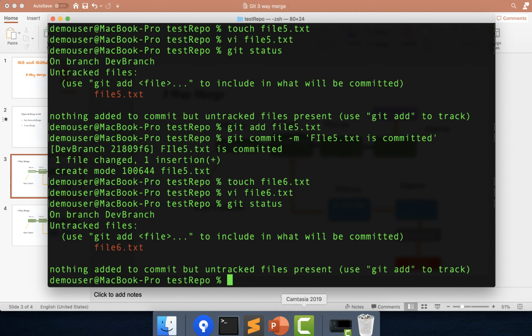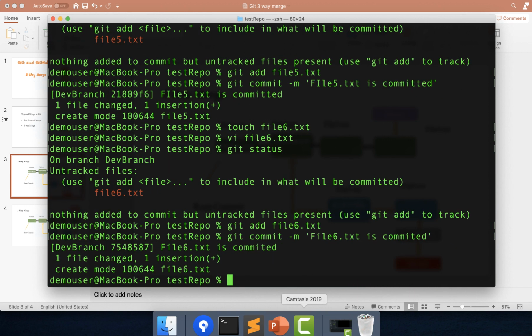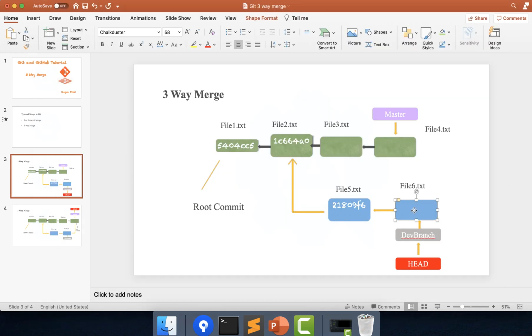Git status, you can see it is untracked. I'll again do git add quickly. So these are all step-by-step operations that I'm doing. So please follow all the steps to understand the process properly and don't miss any step over here. So you can see it is also committed now. I'll just copy it here and go back and paste it here. So you can see this is done.